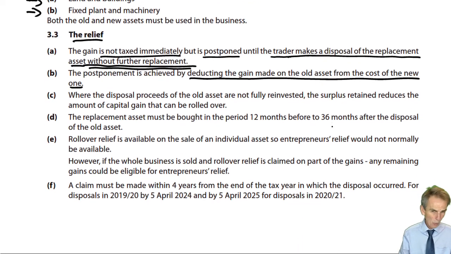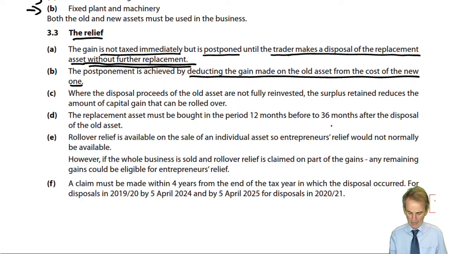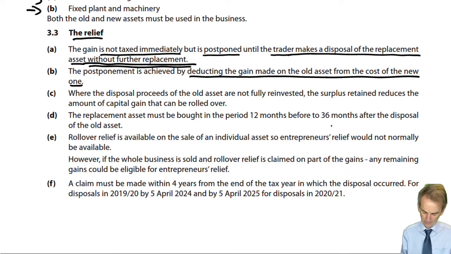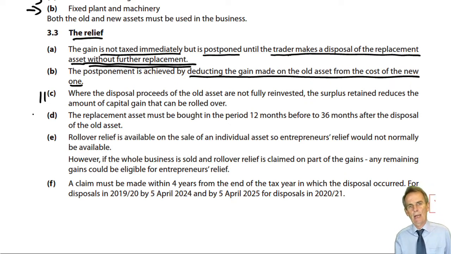Now, there's a few more detailed rules that we need to know about here to be able to deal with this, and then, of course, I'll take you through an example, indeed, a number of examples. This bit, we'll come back to it in a short while, looks at what I've said about reinvesting all of the proceeds, that if we don't do that, then we're looking at partial deferral, partial rollover, rather than full rollover. That's what that bit is about, and there's detailed notes on it coming up. I'll come back to that in a moment.